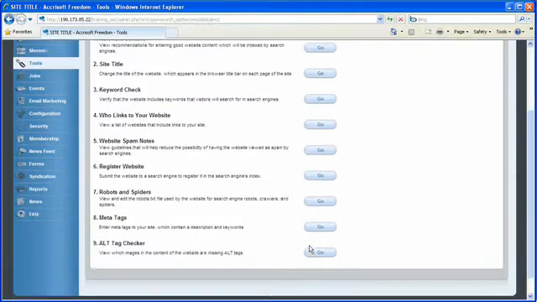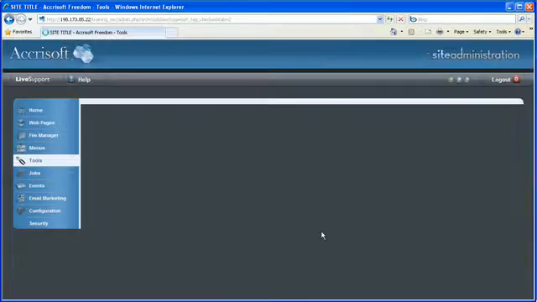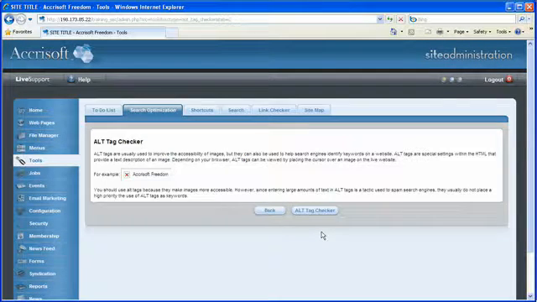And finally, number 9 on our list is the alt tag checker. An alt tag is the setting in the HTML tag used to display an image. If an image is not found for some reason and you hover the cursor over the image location, you can see the text associated with it. Basically, the use of alt tags makes images more accessible, so we recommend that you use them, especially for images